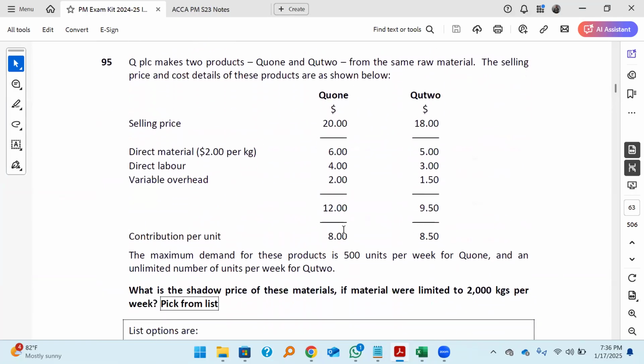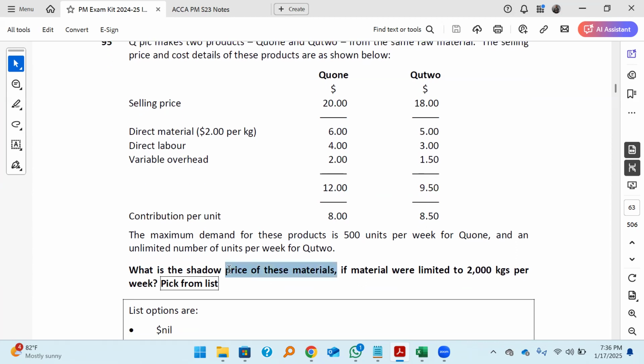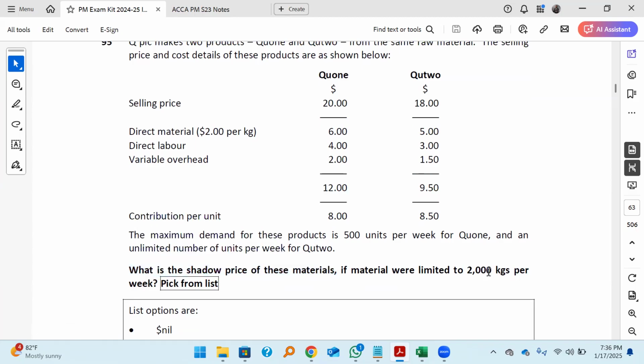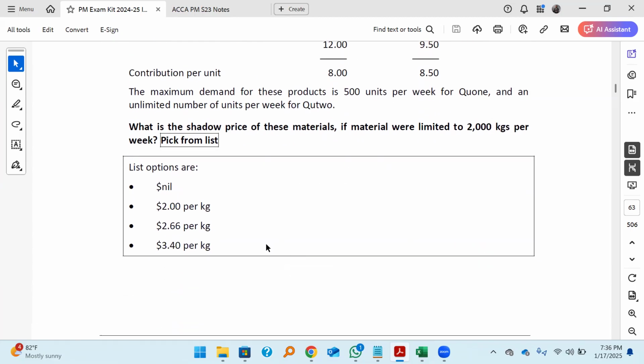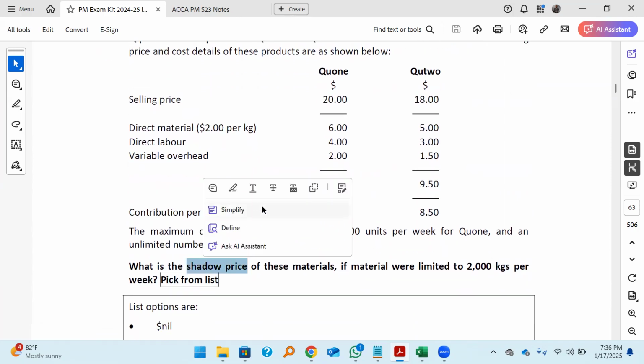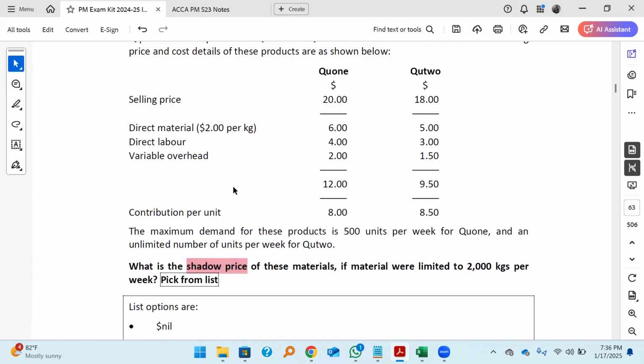Then we have here, Q makes two products, Q1 and Q2, and they use the same raw materials. Selling price and cost details are given to you. They are asking now for the shadow price of the materials, if materials were limited to 1,000 kilograms per week, and you are choosing from here. Now, shadow price, if you remember from the video,